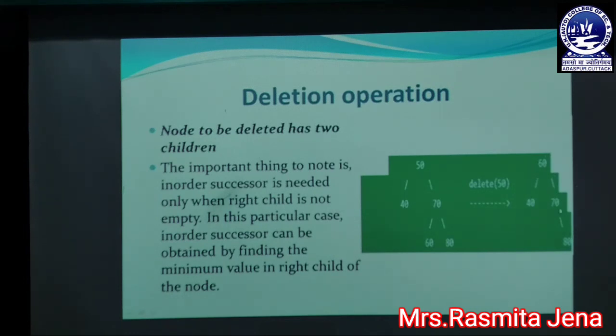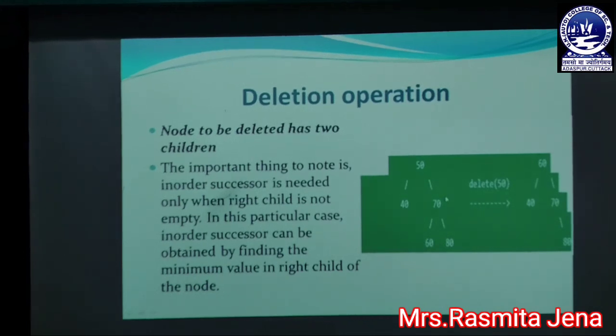You can see 70 is present at the right subtree of the node 60, and at the right subtree of 70, 80 is present, and also at the left subtree of 60, 40 is present. So this satisfies the binary search tree properties. The left subtree contains lesser values than its root, and the right subtree contains greater values than its node. This is the procedure for deleting a node which has two children.